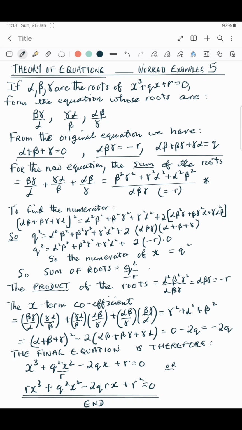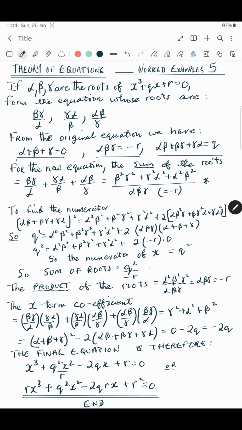Now, to do that, we've got alpha beta plus beta gamma plus gamma alpha, all squared, and squaring that out we get alpha squared beta squared plus beta squared gamma squared plus gamma squared alpha squared, plus twice the bracket alpha beta squared gamma plus beta gamma squared alpha plus gamma alpha squared beta. Now the left hand side is q squared from the original equation,